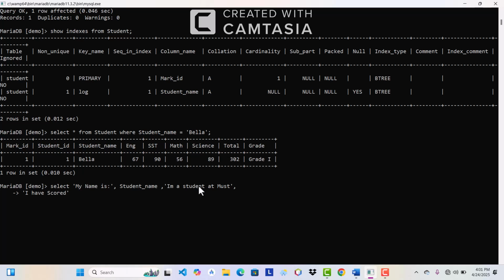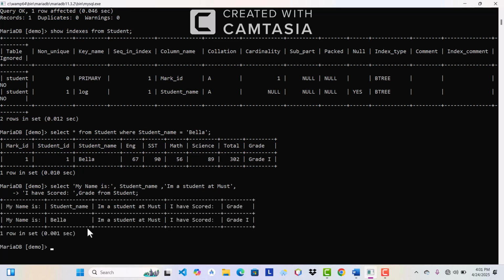I have scored. Here I'm going to pass the grade. I have scored this grade. Where am I getting the information from? I'm getting it from a table called student. So if I happen to run this,